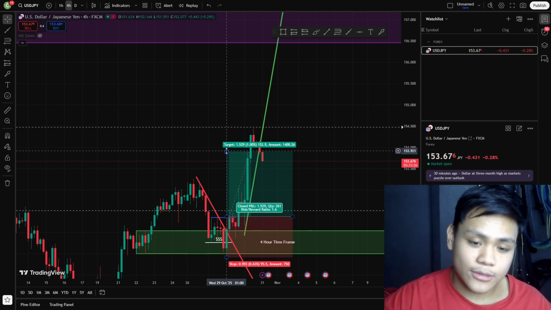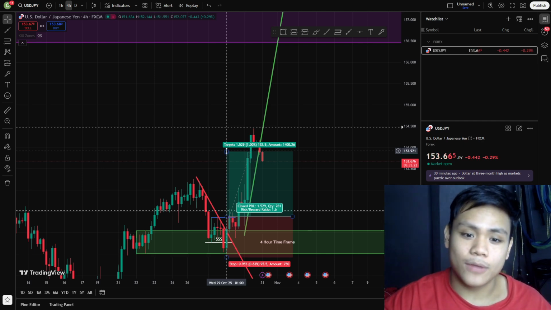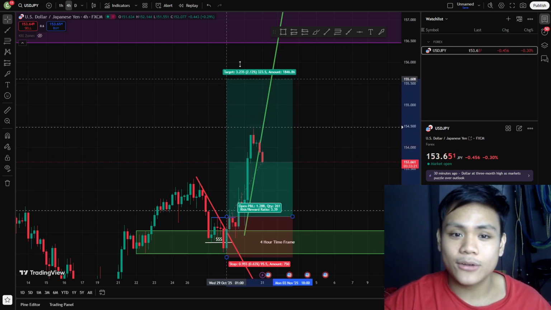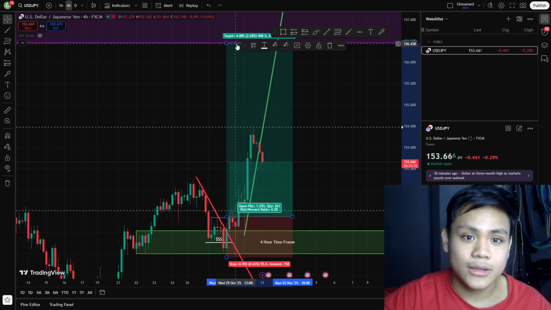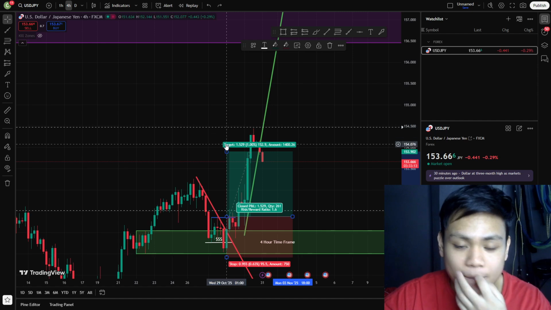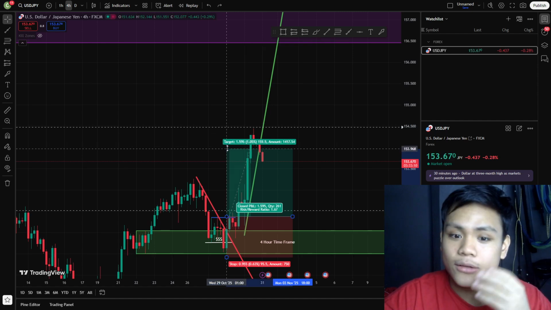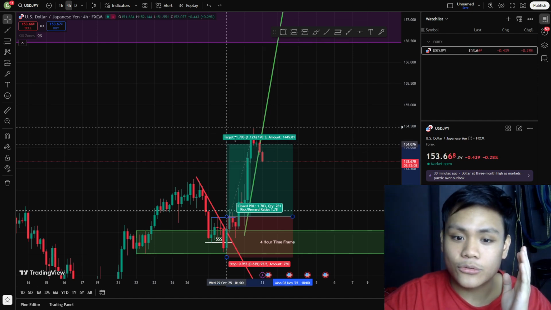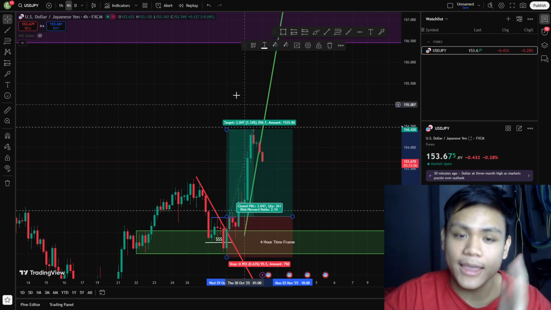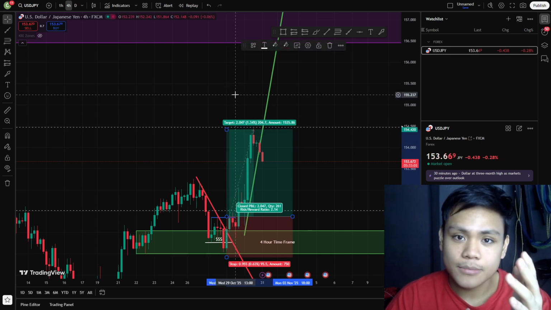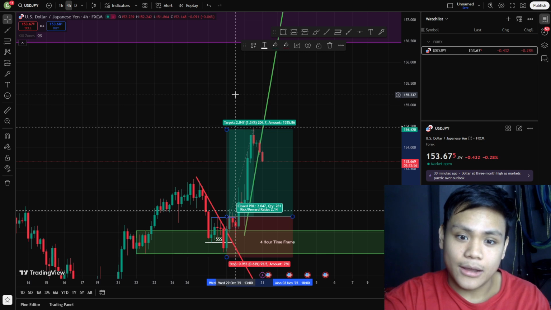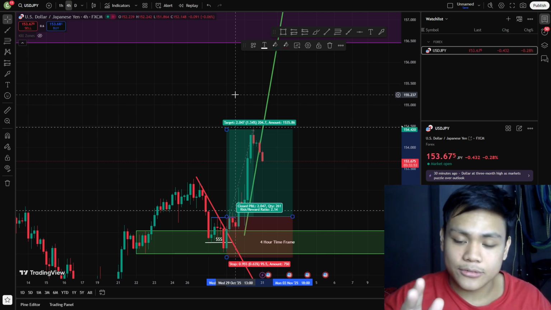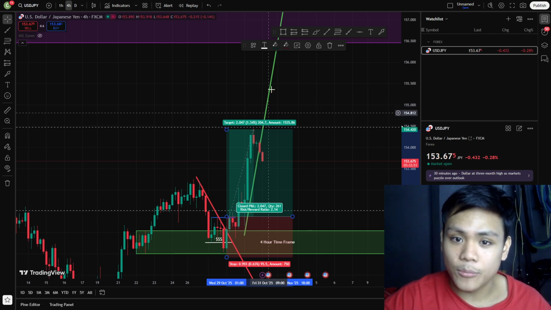So next is where I put my take profit. Where I put my take profit is right over here. If it reached over here, I would make around $160. But since my strategy is, once it goes to like 200 pips, like $80, if it goes like $80, because I'm risking $40, right? If it goes like $80, then I will put